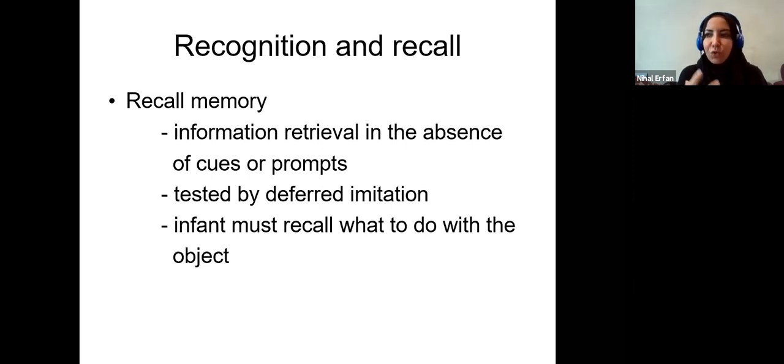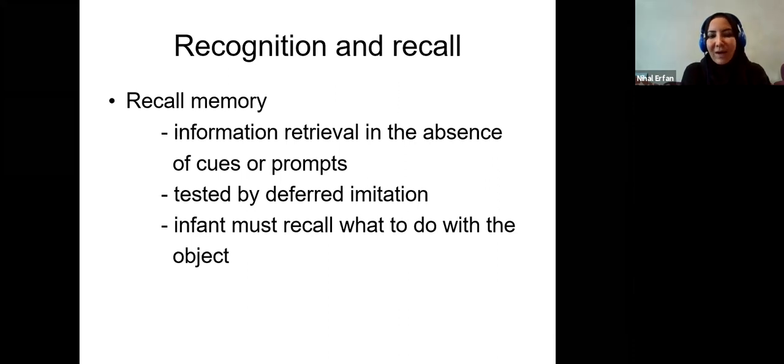So you have shown this infant, again, we're talking about, let's say 6 months, maybe closer to a year, something like a dog drinking out of a cup. It's part of your play. Deferred imitation means that they will act it out, but not instantaneously, maybe a few weeks later. A few weeks later, you put these toys in front of the infant without prompts or cues, meaning you don't directly put the dog or the cup right in front of them. They're just there in the environment.